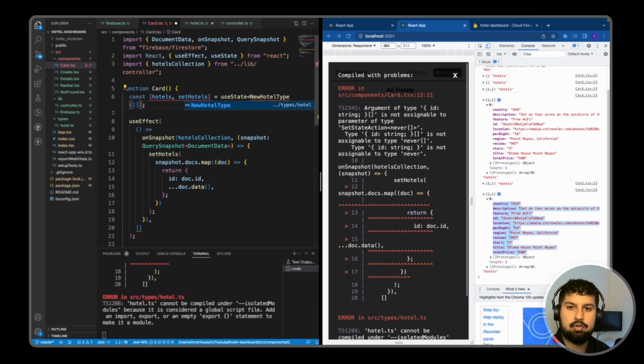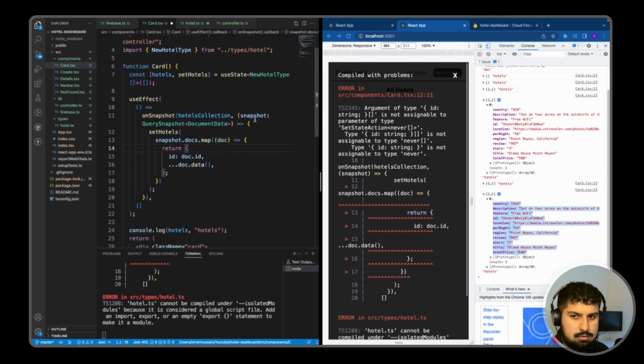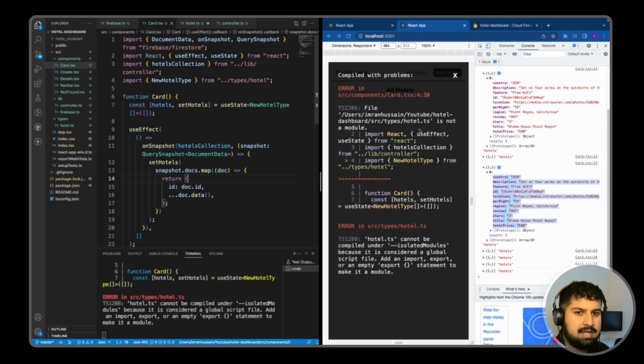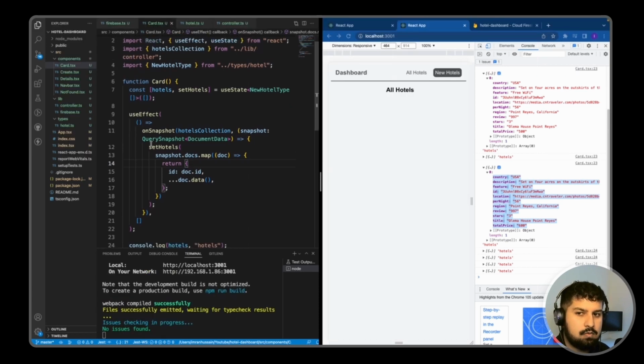So if I just import the new hotel type that we have just created, it's still causing an error because we need to close it off, and then we don't want this extra here. And then this is going to be an array containing objects like so. So now if I save, we are getting an error saying it's not a module, so I now need to save everything. So now as you can see, that has now fixed the error